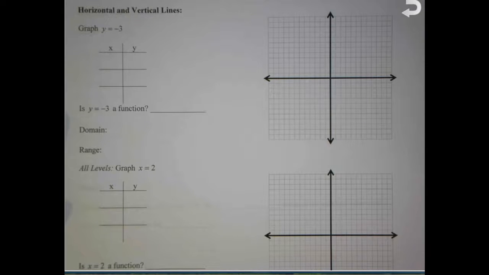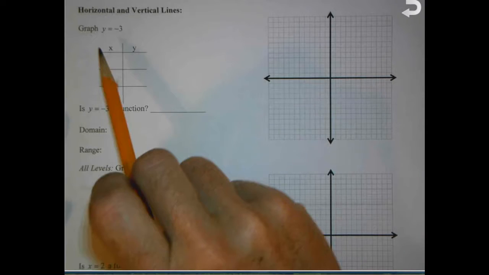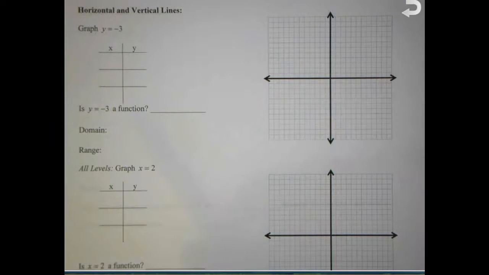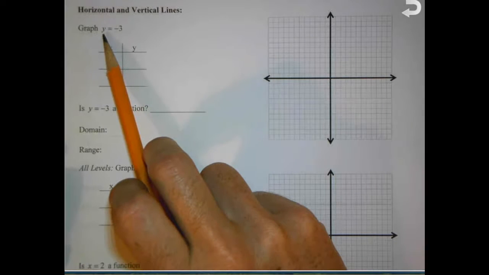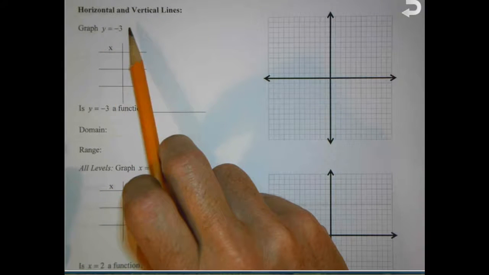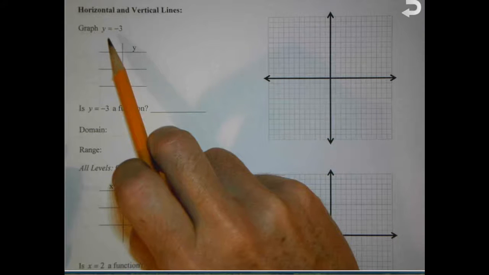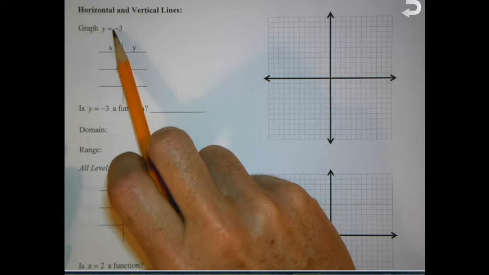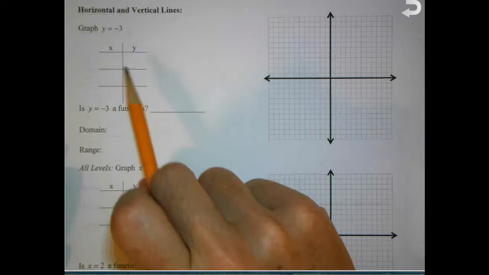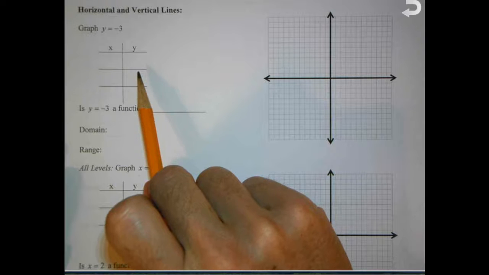Let's look at how to graph horizontal and vertical lines. So the way we can tell we have one of these special case lines is we only have one variable in our equation. And here's another example. It's only got one variable. Now you can memorize that y equals some number is going to be a horizontal line,